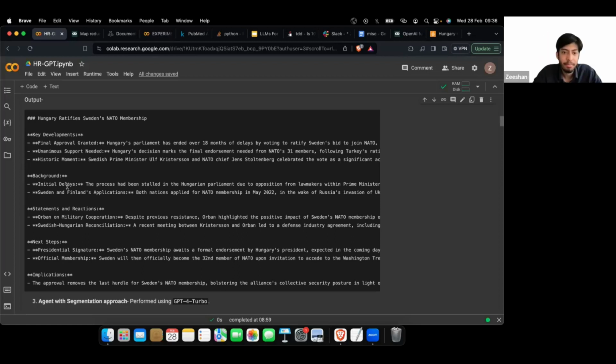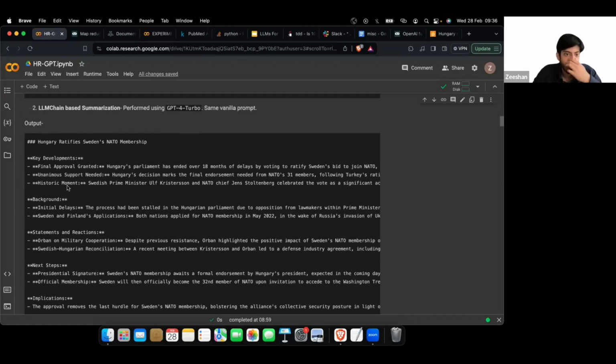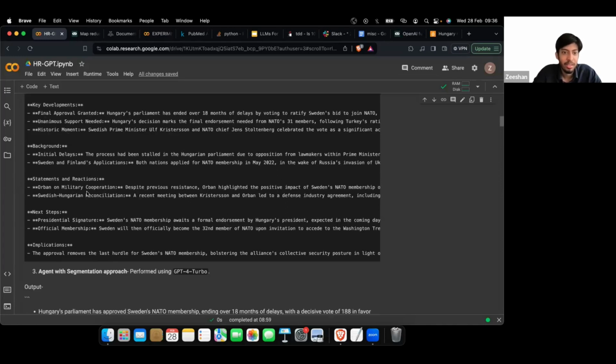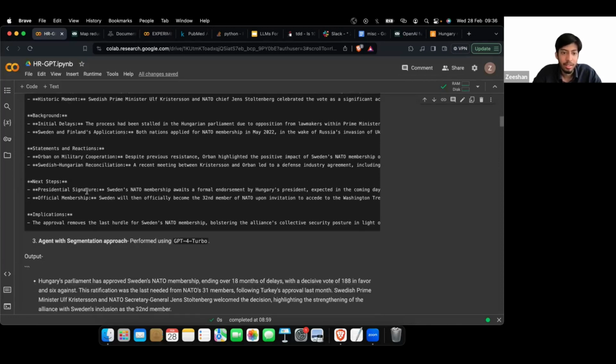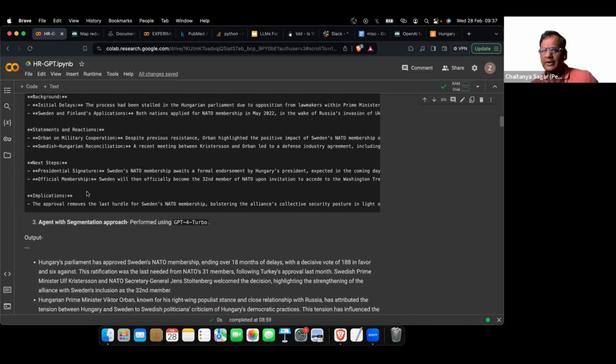Yes. Okay, continue. There is a way of looking at temperature as well. It is thought of as the entropy. Higher temperature means more randomness, so obviously the model will produce things which can be unexpected as well. Lower temperature means things are relatively frozen, so it will stick to what is provided to it. Okay, all right.